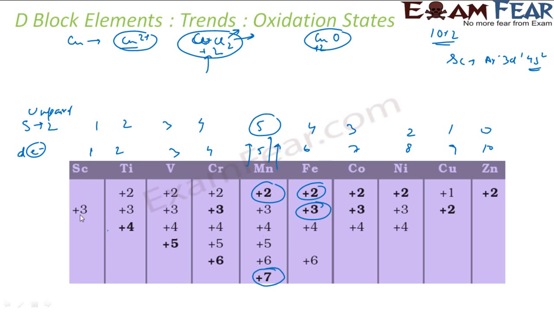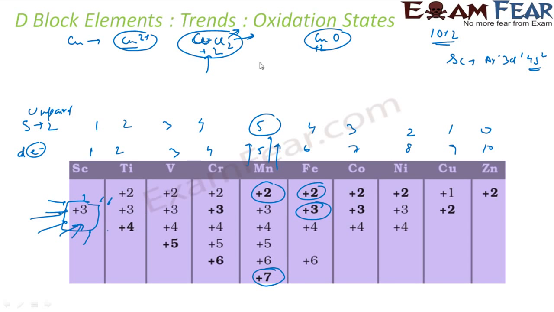And note here, scandium does not exhibit variable oxidation state. Scandium is always +3. Other transition metals, you see, all have variable oxidation states. Please understand this. This is a good exam question: which is the only transition metal which has only one oxidation state? Scandium is the answer. Scandium is the only transition metal which has only one oxidation state. Other transition metals exhibit various oxidation states,